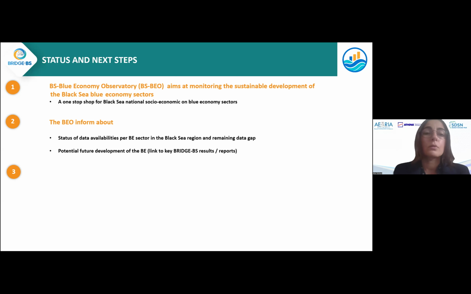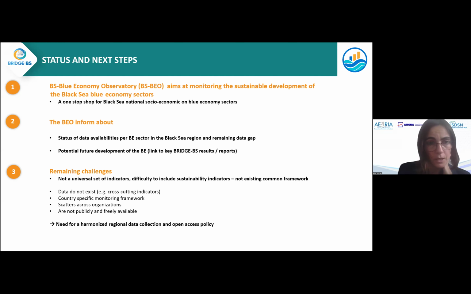So at the end, this tool, this observatory, is aimed at providing an overview, a snapshot, of potential future development for the blue economy in the region. And finally, in terms of remaining challenges to further develop the observatory and make it a key decision support tool